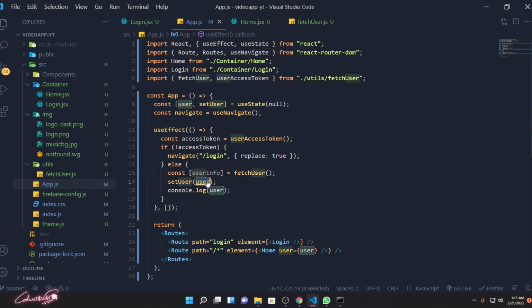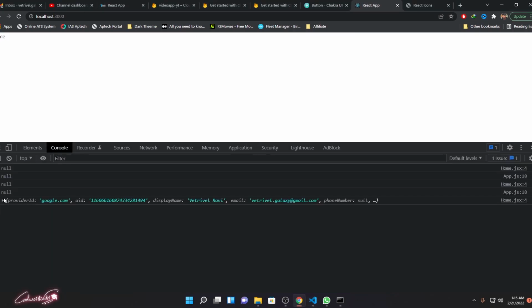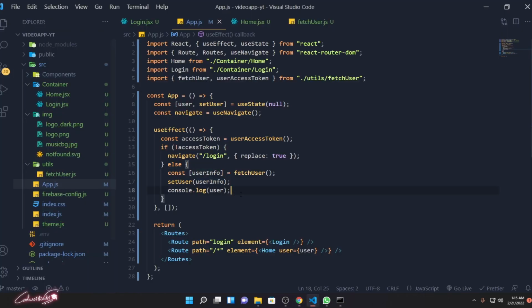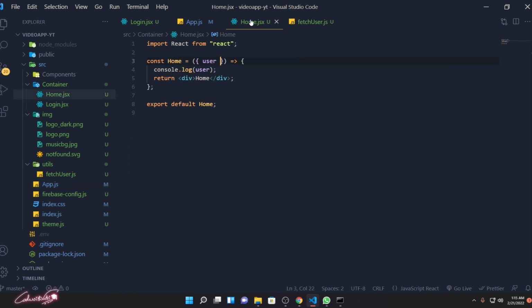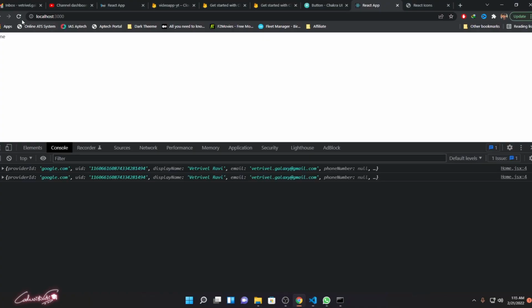Oh my god, my mistake. Instead of this user info, I set the state itself. That's the problem. Now we should get the ID. Look at that. Cool. So let me close it, and let me close this console also. Because inside the home screen we have this console, I just close the console log over here. So if I refresh it,